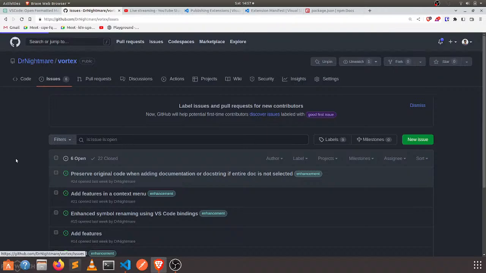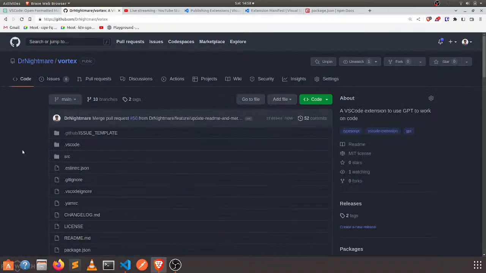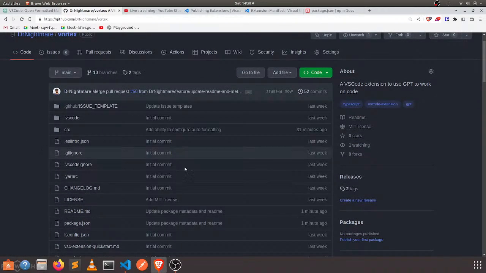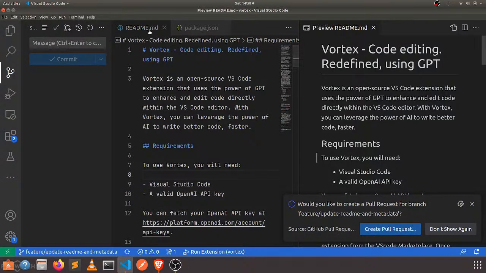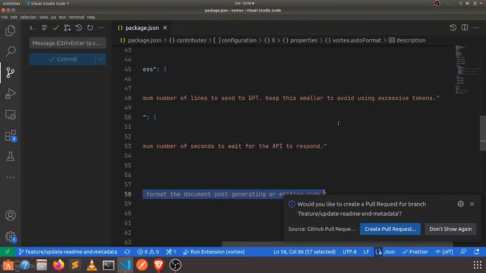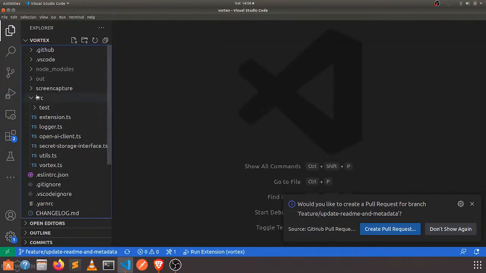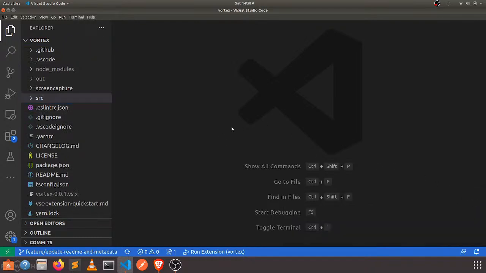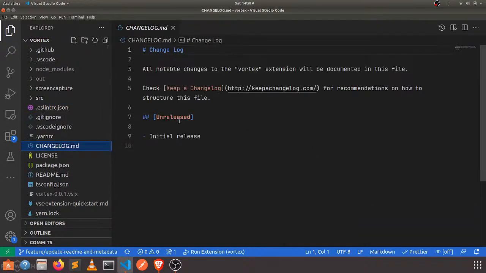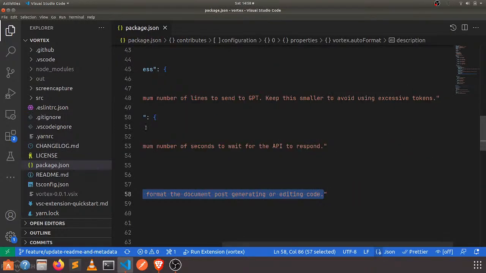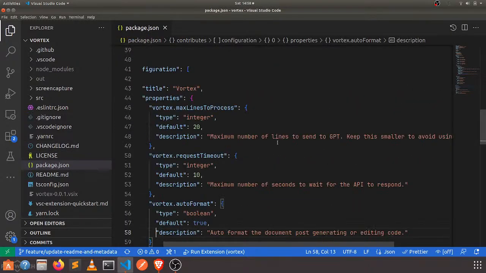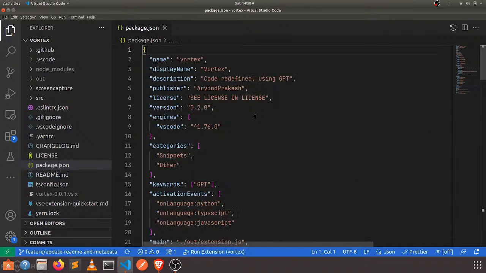Let's go and actually make a release. I also need to start updating my changelog. I currently haven't updated my changelog, so there should be a generator for that. This just has the default text in it. You go to the package.json and see what the version was. 0.2.0. So let's go ahead and